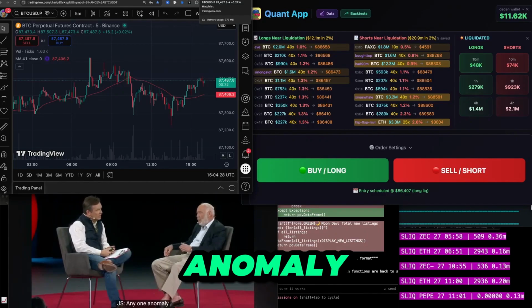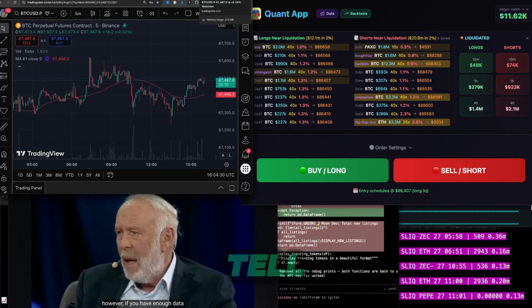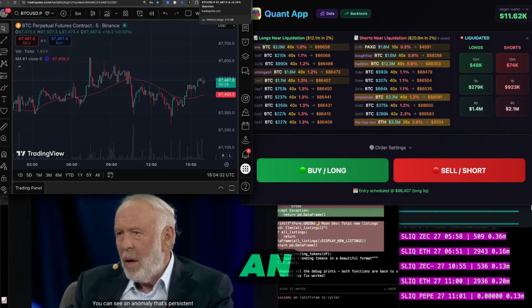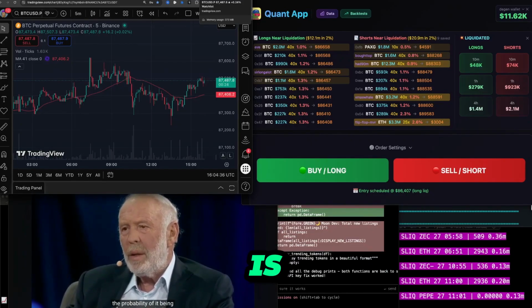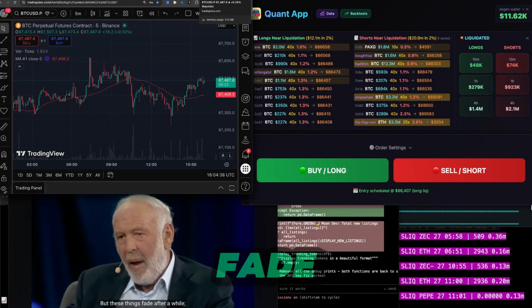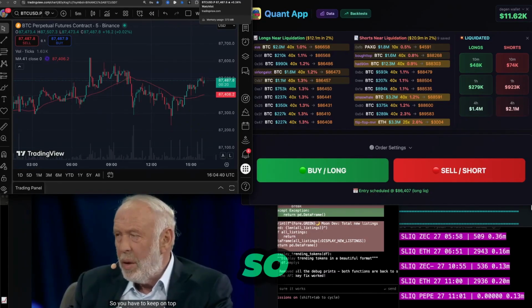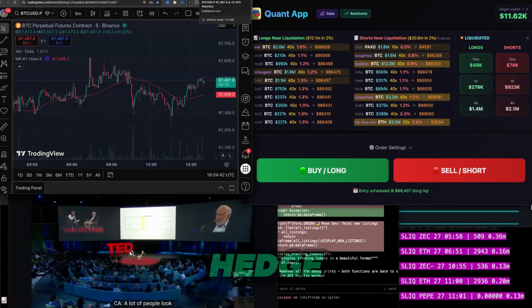Well, any one anomaly might be a random thing. However, if you have enough data, you can tell that it's not. So you can see an anomaly that's persisted for a sufficiently long time, so the probability of it being random is not high. But these things fade after a while. Anomalies can get washed out, so you have to keep on top of the business. A lot of people look at the hedge fund industry now,